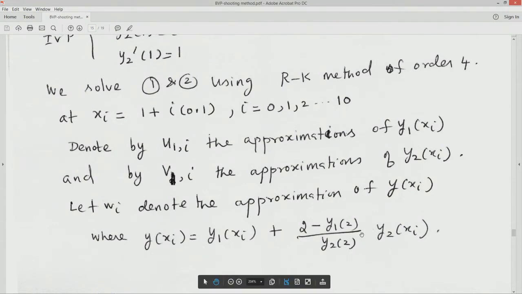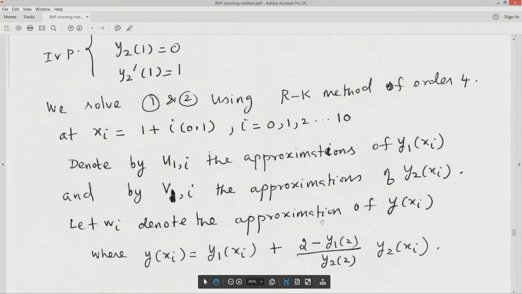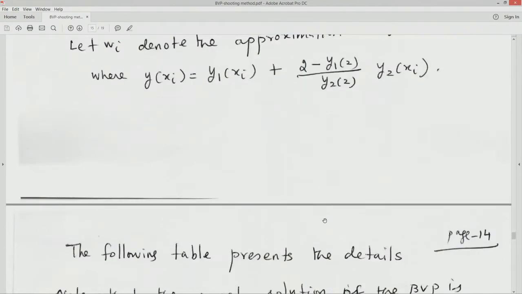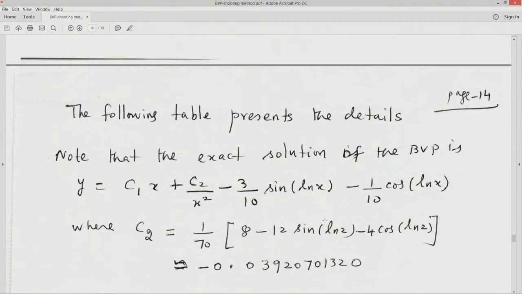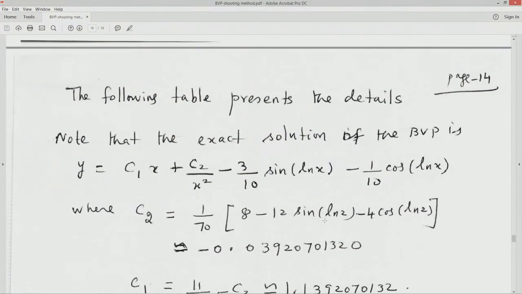We can use here and find out what y at xi is. So, we said we are solving the two initial value problems by Runge-Kutta method of order 4. So, we have listed the solution of the two initial value problems in the following table. Before that, let us see the exact solution of the boundary value problem. So, it is easier to determine the exact solution of the linear boundary value problem, which is governed by the